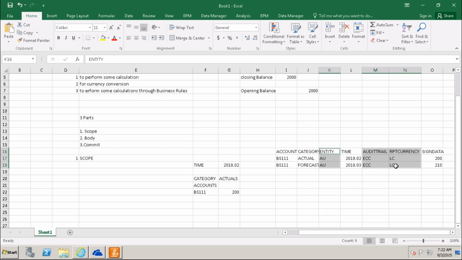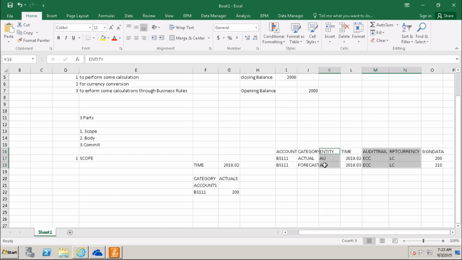The system knows that we have to write the same member for that particular dimension. So on which member you want to write, and which member we want to change, from actual to forecast, time from 2018.02 to 2018.03, those kinds of dimensions we have to take in the scope.